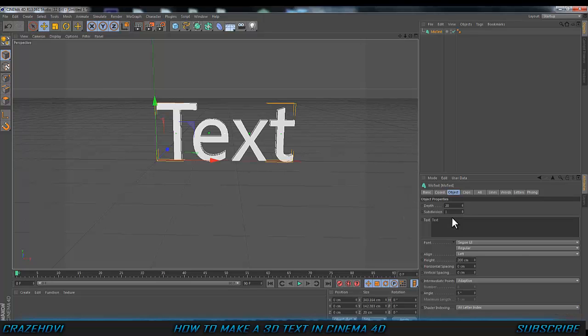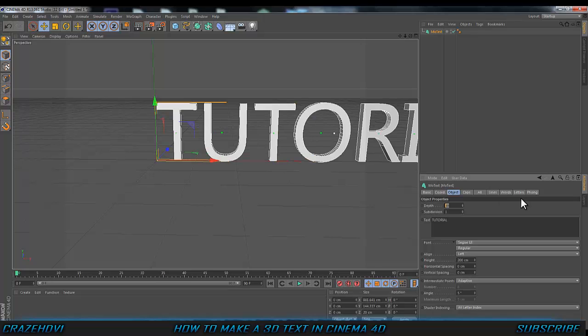Then you should get a side panel. It says MoText, and then go down to where it says text and change that to whatever you want. I'm going to go for "tutorial," and you can change the depth to whatever you want. I'm going to go for probably about